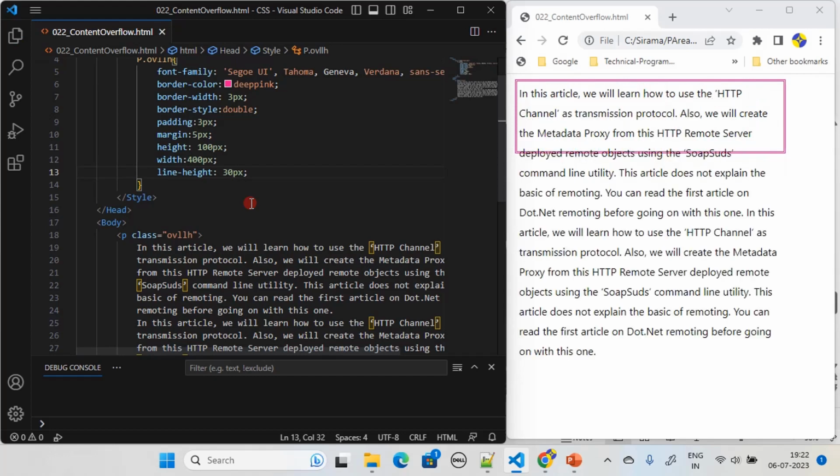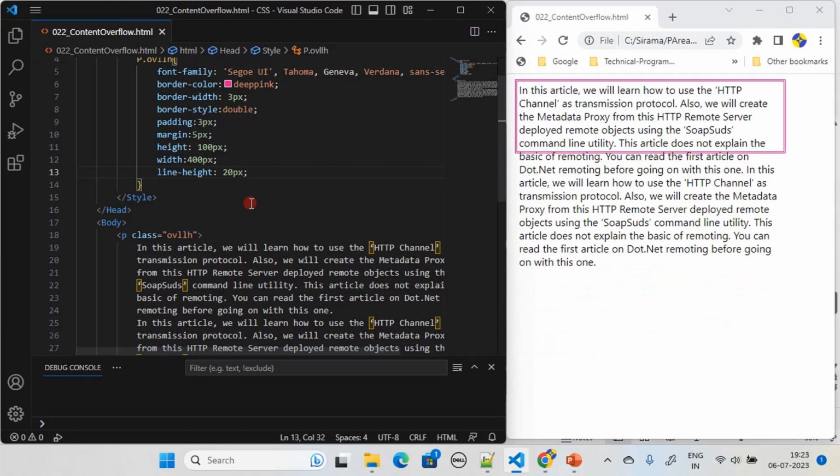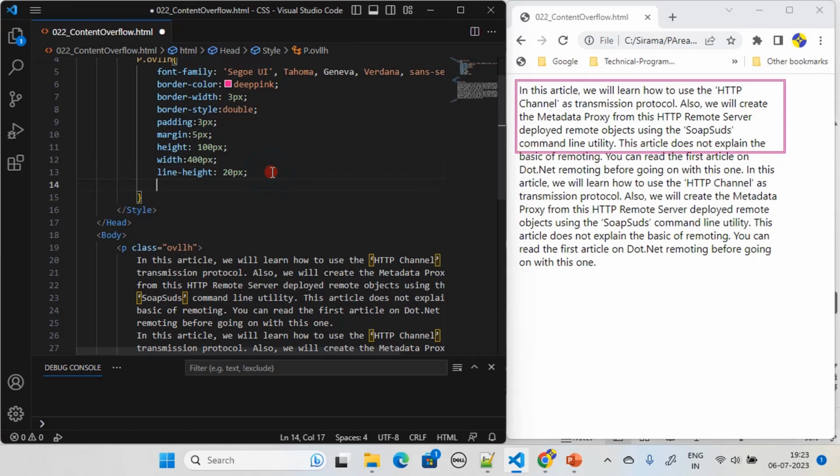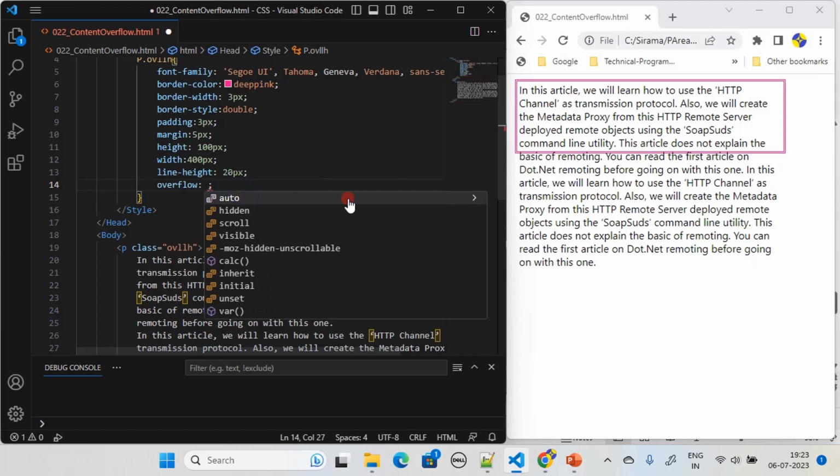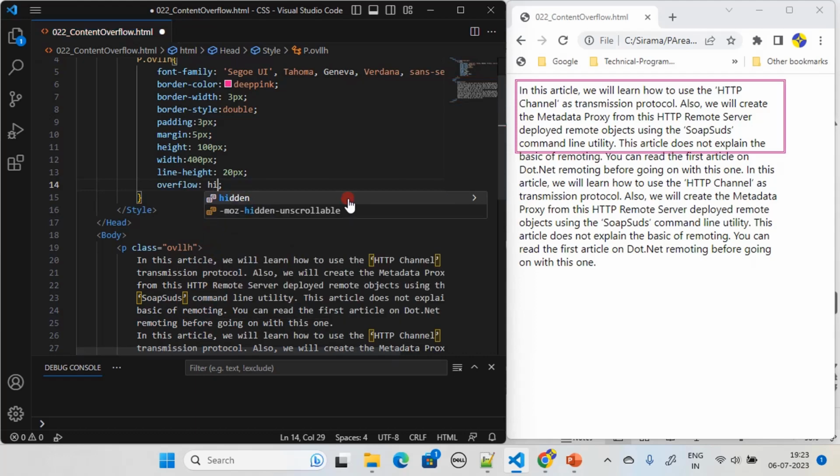And if you see, there is a high gap between the sentences. To make it decent, let me go with 20, and we can read the content, but overflow is happening. Now let's explore the overflow properties. So for the same paragraph, now we are defining the overflow property, and by default the overflow